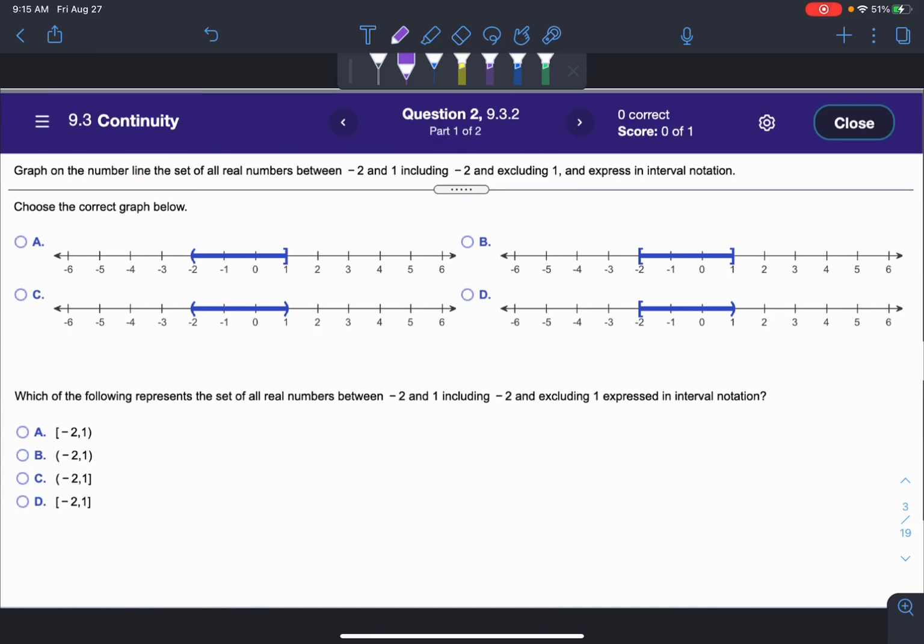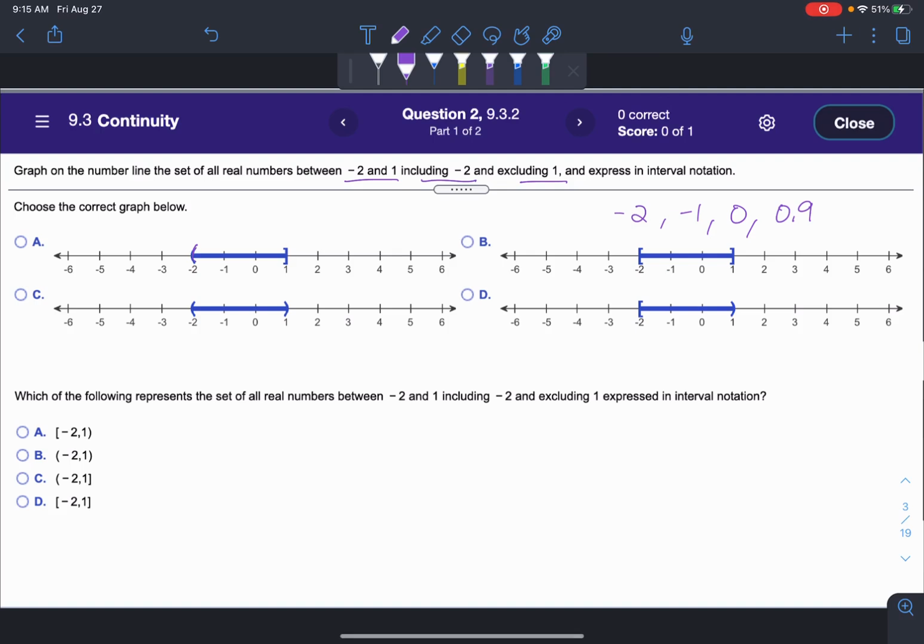Let's try another one. So this one, we want the set of all real numbers between -2 and 1. We want to include -2, but we don't want 1. So that means I want -2, -1, 0, 0.9, but we don't want 1. So if we look at our options,